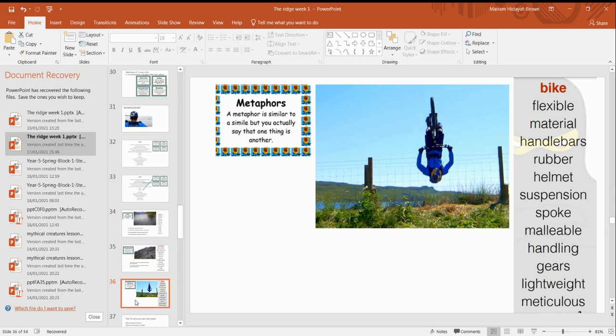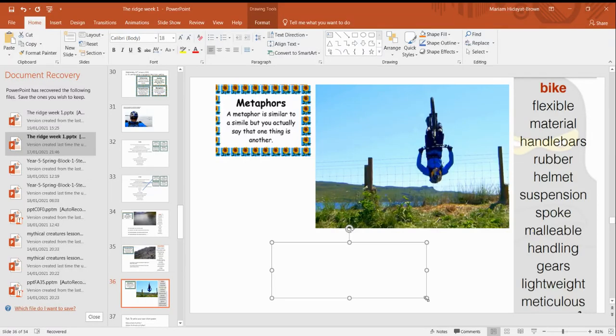And the next one we're going to do is we're going to use a metaphor. So remember, a metaphor is similar to a simile, but instead of saying like or as, we actually say it is something. So here I could talk about Danny's joy of when he's doing his trick. So I can say here, the backflip was pure joy. Okay, so doing his backflip was pure joy. It was joy. What else could we say?